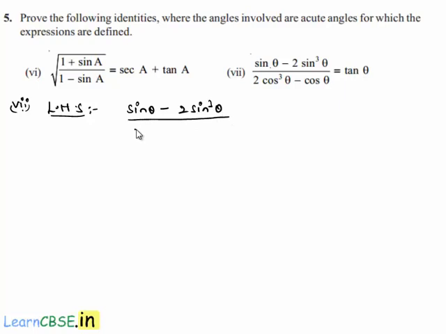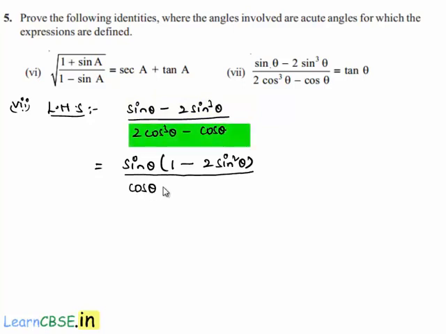divided by 2 cos cube theta minus cos theta, that is equal to, in the numerator let us take sin theta common, then we get the numerator as sin theta into 1 minus 2 sin square theta divided by, in the denominator let us take cos theta as common, then we get the denominator as cos theta into 2 cos square theta minus 1, that is equal to, if we write sin theta by cos theta separately,